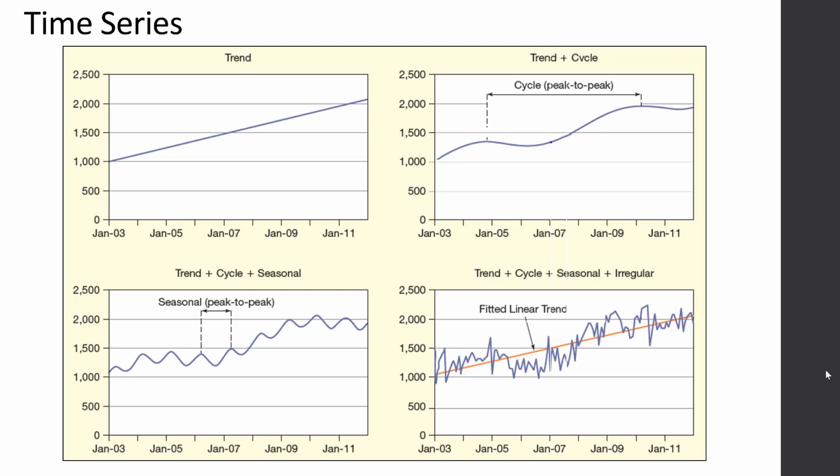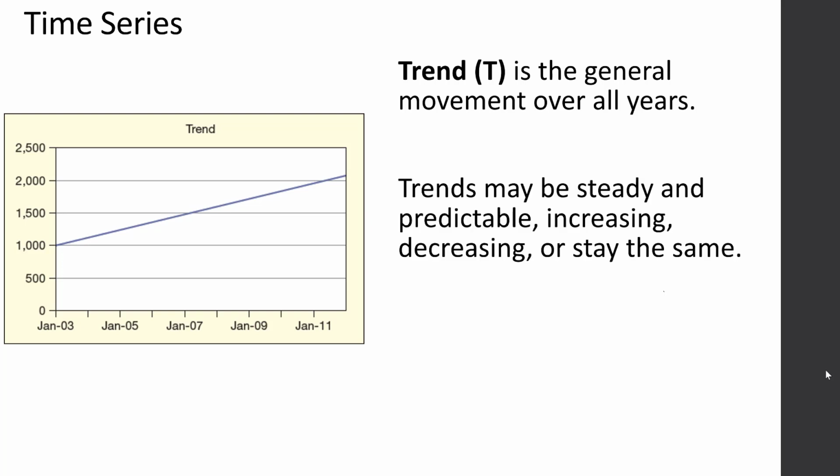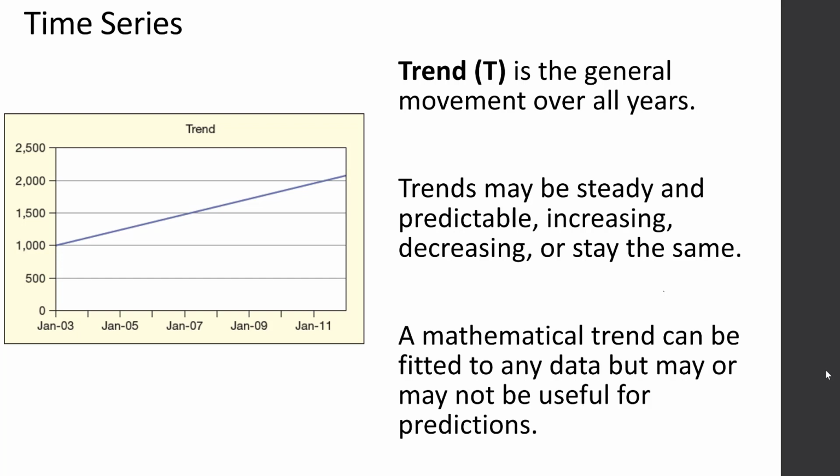All right, so we've got our four components that we want to talk about. So the first one is trend, and that's the general movement over all the years. Trends can be steady and predictable, increasing, decreasing, or staying the same. A mathematical trend can be fitted to any data but may or may not be useful for predictions. So of course the trend pictured here in the example is linear, but we could fit a quadratic, we can